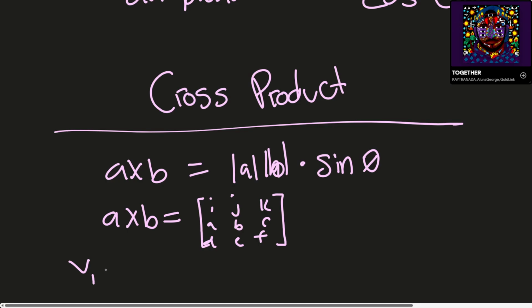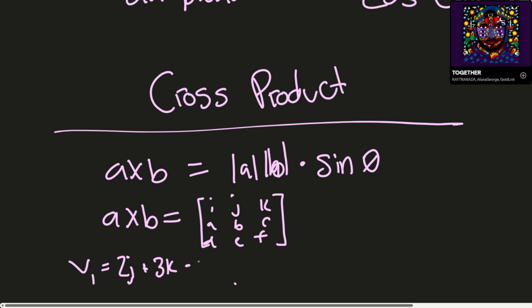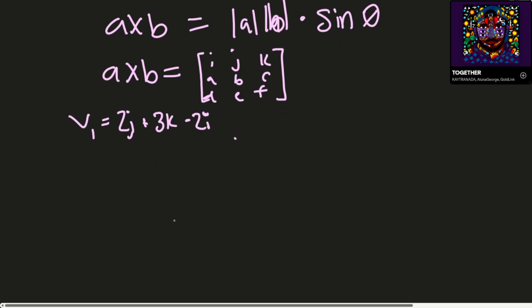So let's give ourselves vector 1 right now. Vector 1 is equal to, let's put it in component form, 2j plus 3k minus 2... Oh, I just shifted all the letters. You know what? Minus 2i. Sorry, that will be out of order. And